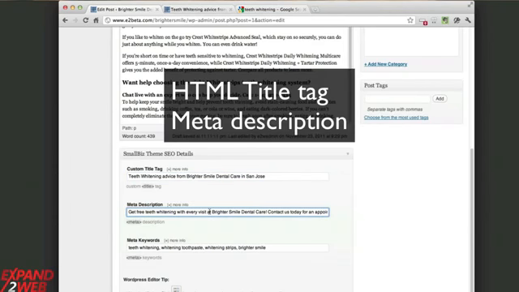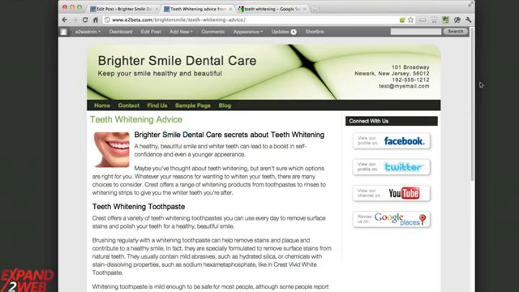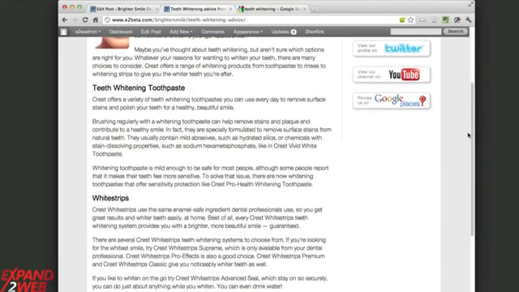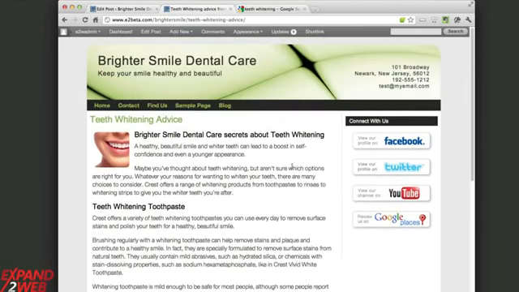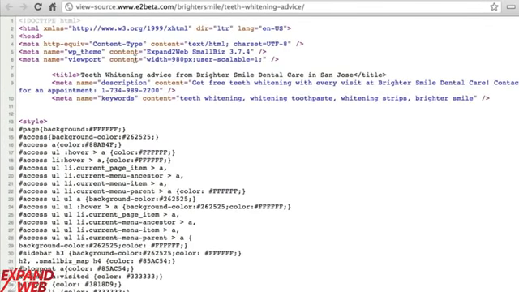Now, the title tag and the meta description don't show up on the actual web page. So if I go to the web page here, you're going to see that all this stuff that we just covered shows up, but the title tag and the meta description do not show up in here. I'm going to show you how they appear. They're in the code behind the scenes. So if I look at the code for this page,